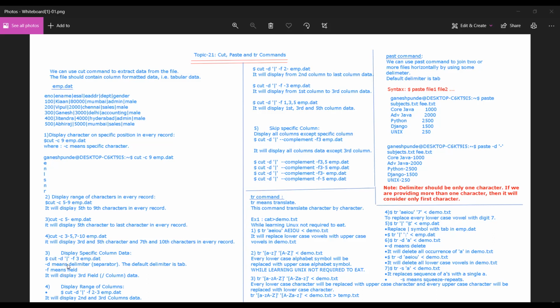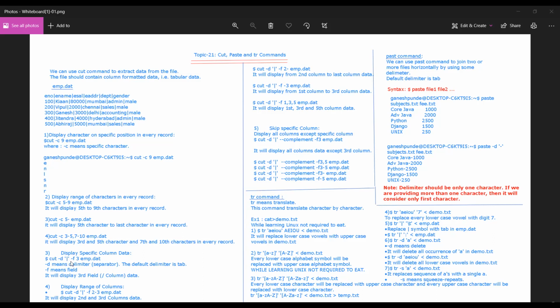Then if you want to display specific column data, right? There is an -f flag. f stands for field, right? And -d stands for delimiter. If you want to separate the data by a delimiter and display the data for a specific field, you can specify that field: cut -d and then the delimiter character.